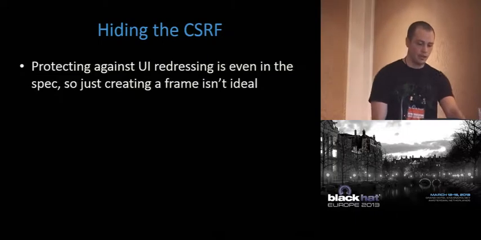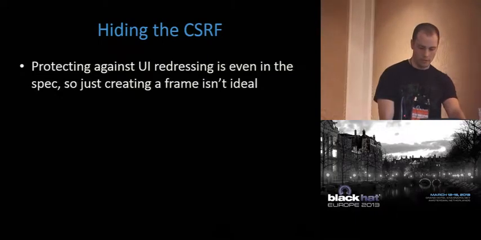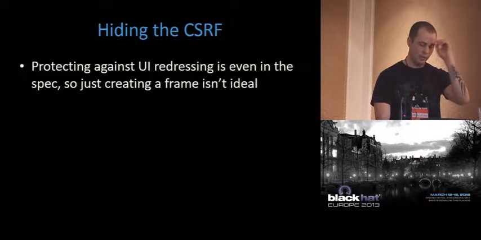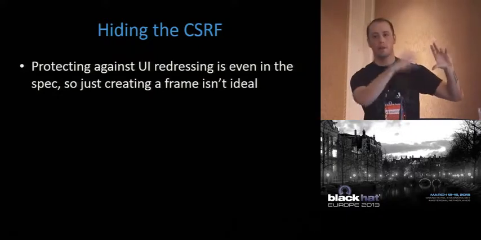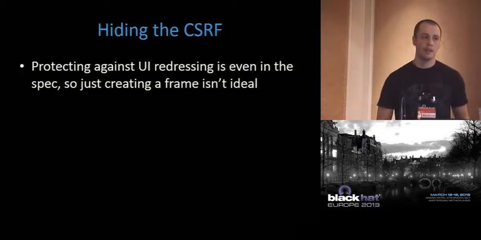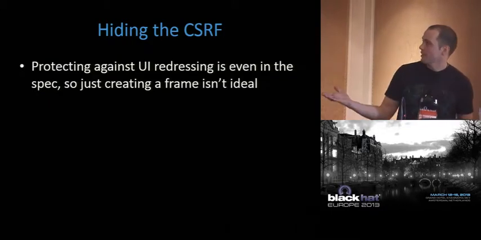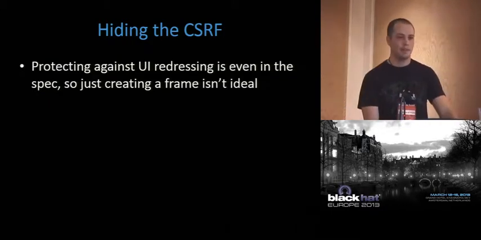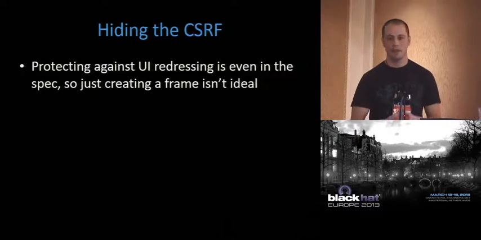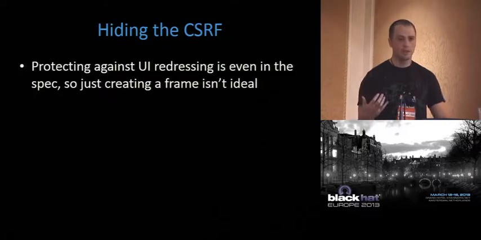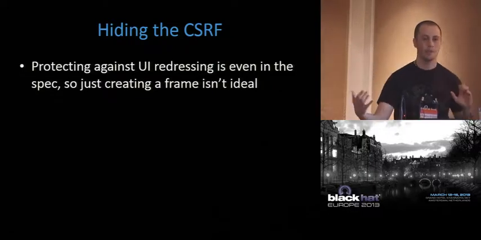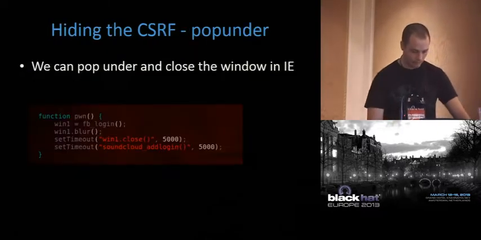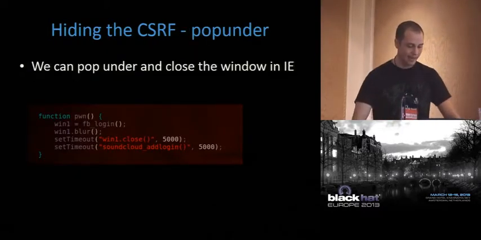So, the last section, one thing that I kind of skipped over: these attacks are really obvious, right? I pop up a window, I'm logging into Facebook with this window. And why do I do that? It's because all these sites have X-frame options on them, and the identity providers do, because like I said, there's only a handful of them. So if we want to do CSRF against someone with X-frame options, it gets a little tricky because we need to pop up this new window, and it's kind of obvious. So how do we hide that?